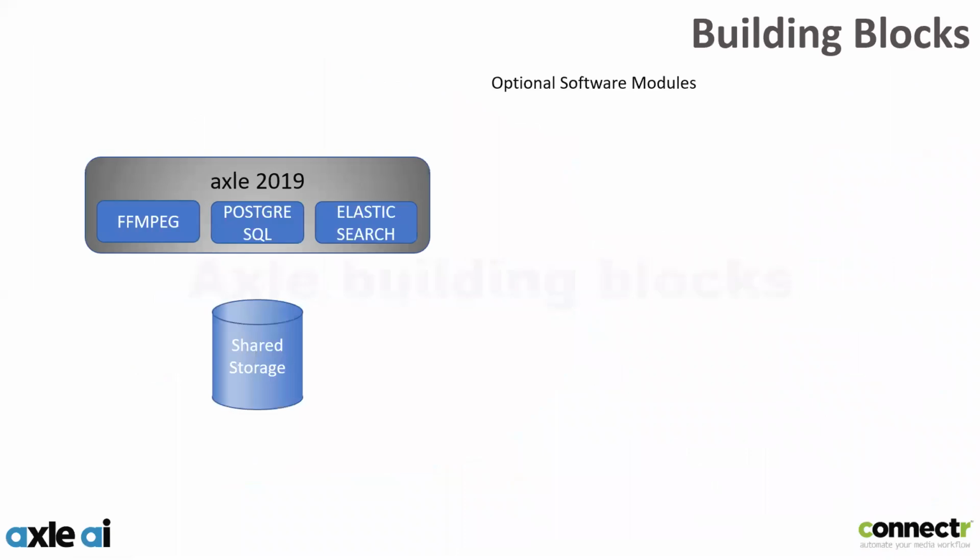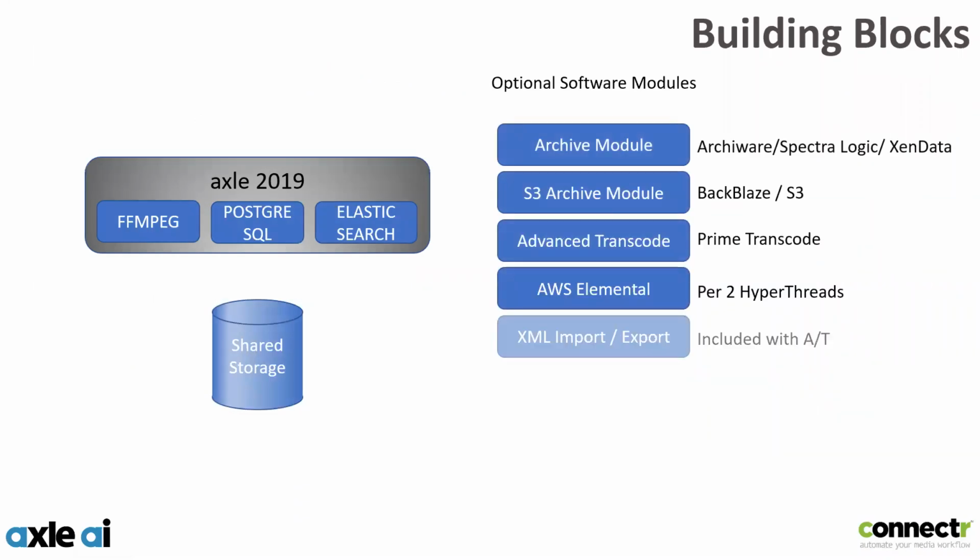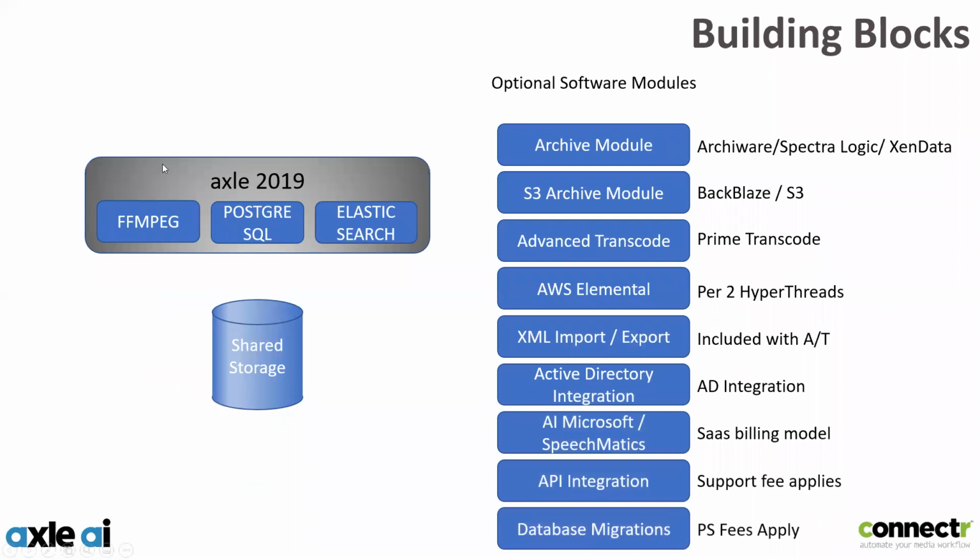Axel itself is made up of a number of blocks. So the Axel system has FFmpeg to start with, PostgreSQL for the backend database, and Elasticsearch. The important thing here is we're not doing anything proprietary. We're not locking the storage down. We're not forcing you to check content in or out to be able to use it. And it's a very light touch on the storage. We touch the original high res files to create the browse copy, and that's basically all we do with the